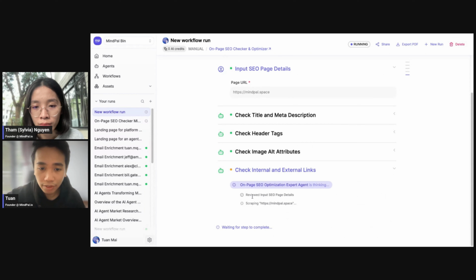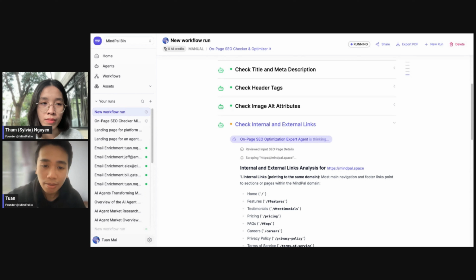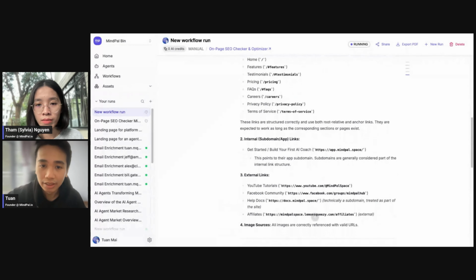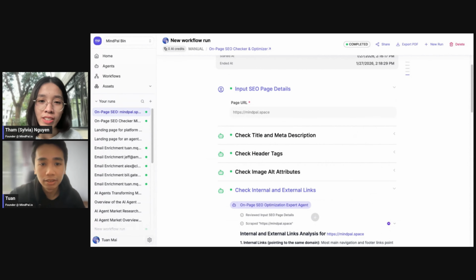Yeah, I think this workflow is nearly done here. This internal linking is the final step. But you can see the difference now, right? This step automatically reviews the context of the workflow and does the work on its own without us needing to manually feed the detailed context. And the cool thing about this is we are giving each agent in this workflow the freedom to choose which result they want to check before